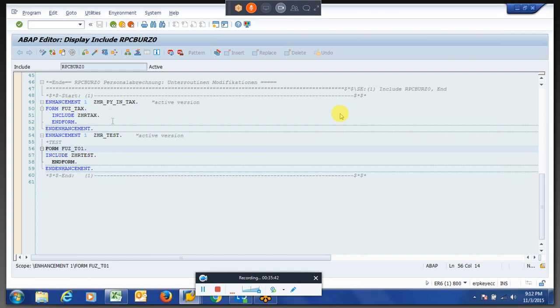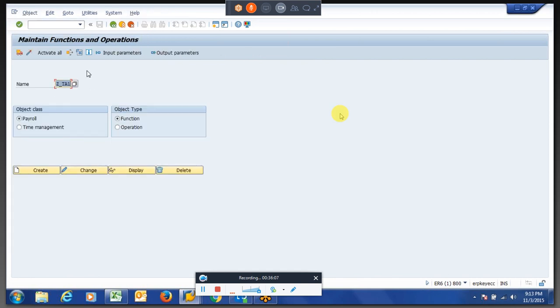This will be the code where the include program will be. If you see, this program was included in all payroll drivers, all country payroll drivers. Before that, I will create a new function.